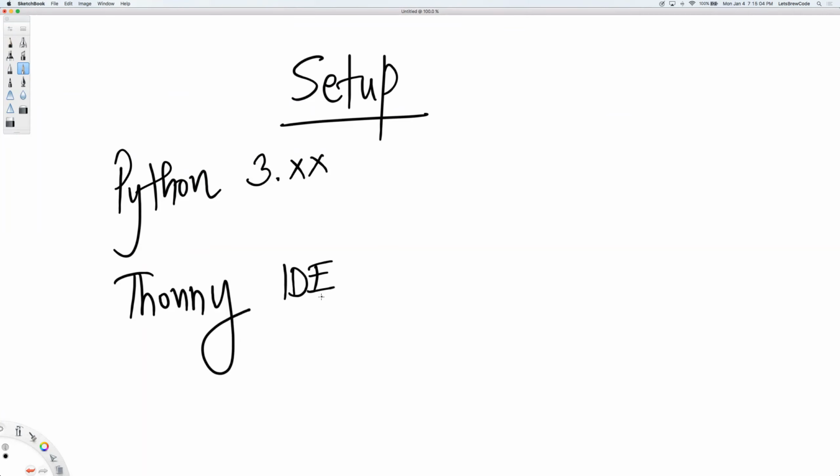This is a very simple IDE, and it's designed to teach and learn Python coding when you're very new to the language. And there is no restriction on the IDE. You can choose whatever you want. You can use PyCharm if you are familiar with it. You can use,